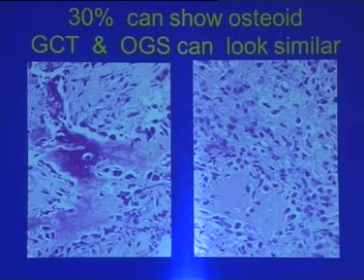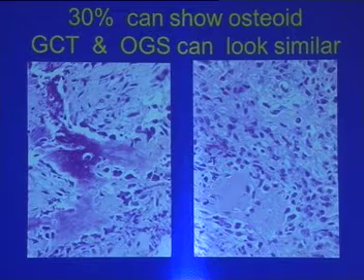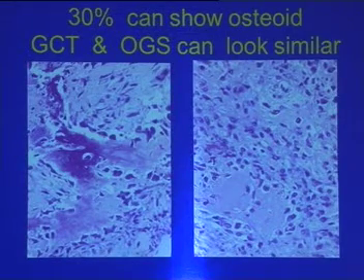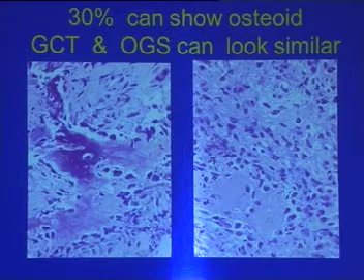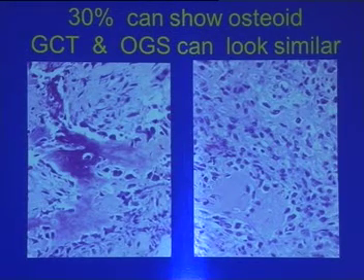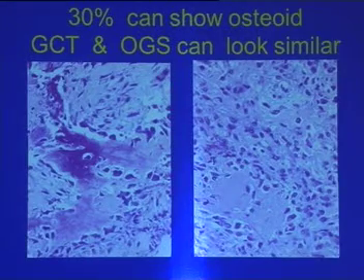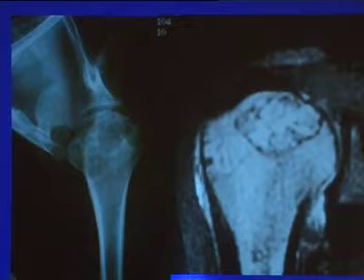Carrie Inwards looked at this and they have published about presence of osteoid in giant cell tumors. But because some of my cases I have referred to him for consultation, and he says that he too finds them very tough, and why is it that they seem to have so much of osteoid? Now, I have no explanation for that. Okay. Now, this is a chondroblastoma. It is an epiphyseal lesion.